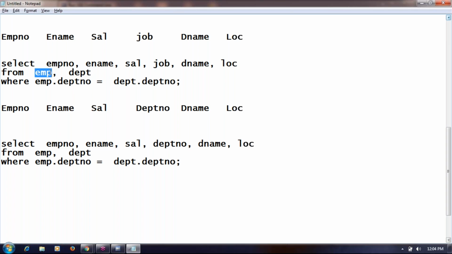From the employee table. So tell me, Jamal, employee number is searched in how many tables? Two: the employee table as well as the department table. Every column will be searched in both the tables, Jamal.